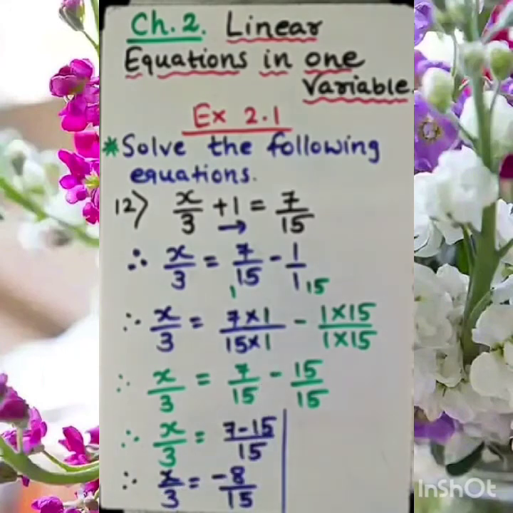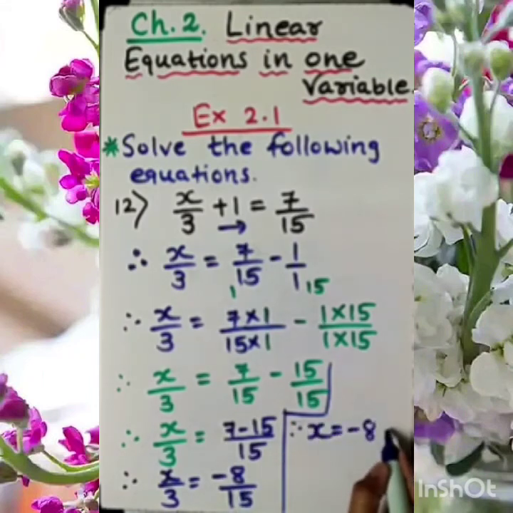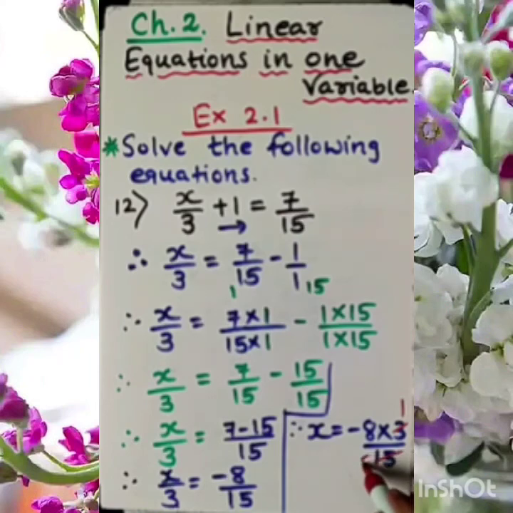So in such a case, what do we have to do? Let's do the cross multiplication. It means that I need to write x equal to minus 8, which is already there. This 3 will go by cross multiplication, so it will be multiplied in the numerator. And as we have 15 already in the denominator, let's simplify. So 3 ones are 3, 3 fives are 15. No other common factor, therefore the value of x equal to minus 8 by 5. So this is the solution for question number 12. The answer is coming minus 8 by 5.